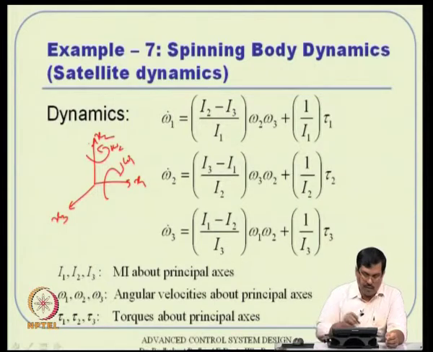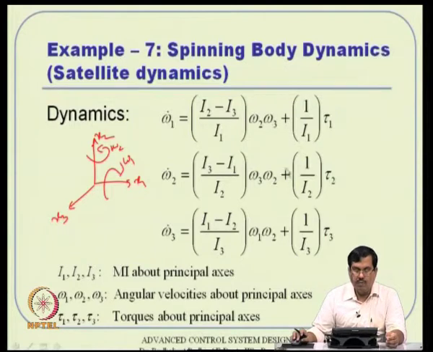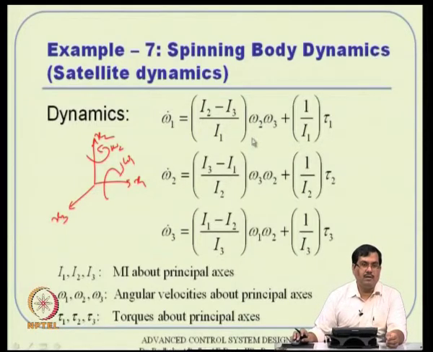And remember, this is a nonlinear system equation, because there are multiplication terms like omega 2, omega 3. And unfortunately, if you want to linearize the system dynamics about 0 angular velocities, the first part of the equation simply drops out. That means you are left with only this equation, omega 1 dot is 1 by I 1 into tau 1, and omega 1 dot is nothing but theta 1 double dot. If theta 1 dot is omega 1, then theta 1 double dot is 1 by I 1 into tau 1, and that is essentially a double integrator.